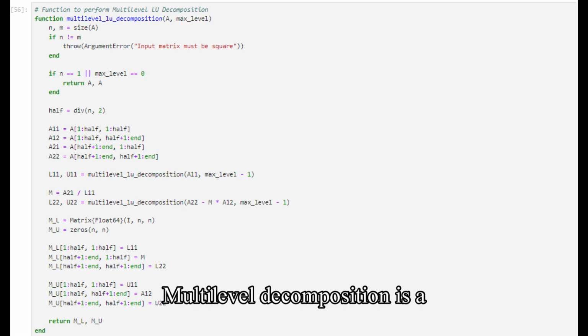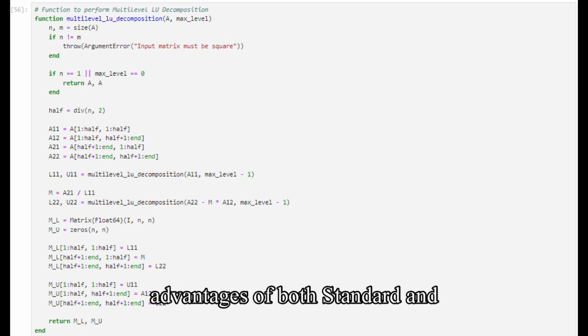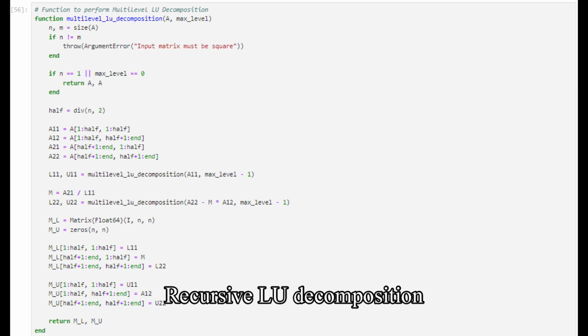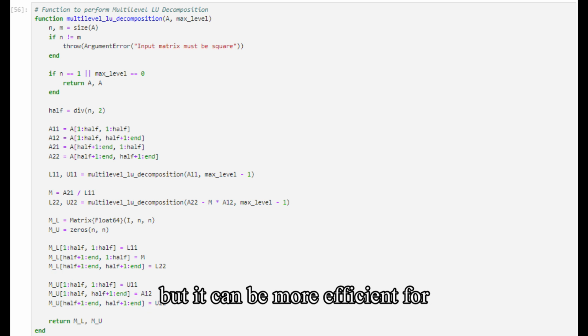Finally, multilevel decomposition is a hybrid method that combines the advantages of both standard and recursive LU decomposition. It is a more complex method that requires more computational resources, but it can be more efficient for certain types